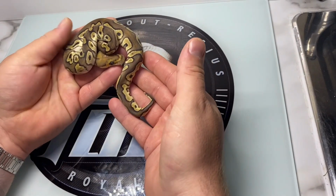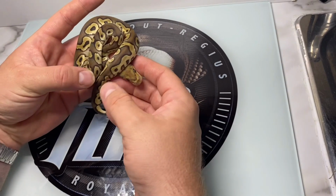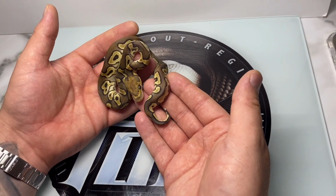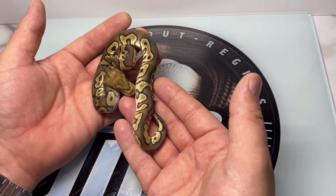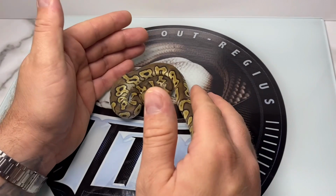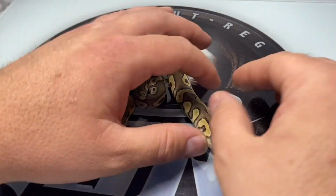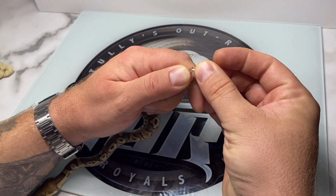This is the Mojave Clown, 100% het hypo, and just a really good example. I was really hoping to hit a Mojave Clown, and I got two. I think this one's the male actually. There's a male and a female Mojave Clown. I'll just double check that in a second. But just such an underrated morph, just the Mojave and the clown together, really underrated, really pretty snake. Yeah, this one's the male,